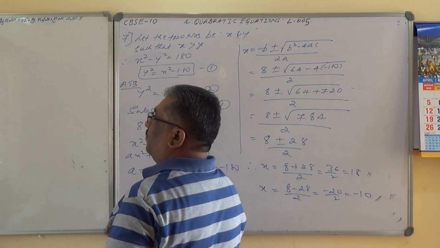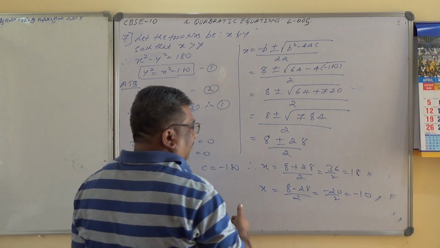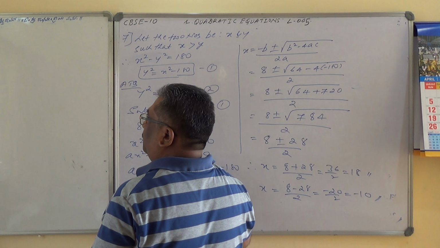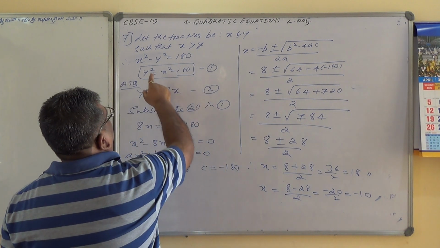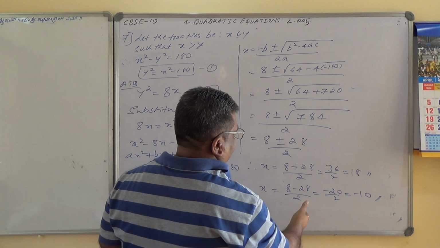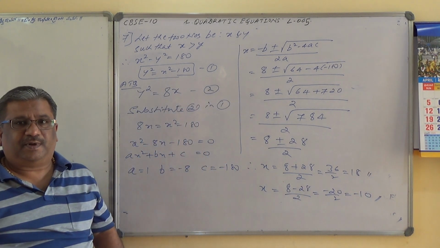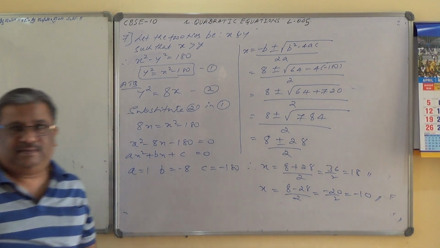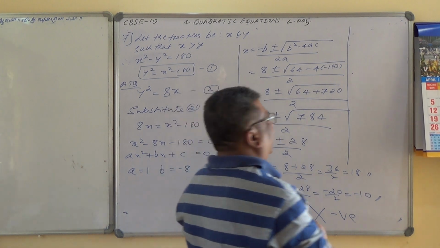Basically because we are considering the two numbers. Just a moment. The difference of squares of two numbers is 180. X square minus y square is equal to 180, with minus 10 it is possible. I think we can take this also. It is possible. Let me check the answer. So here, as x equal to minus 10 is negative, I will discard it.